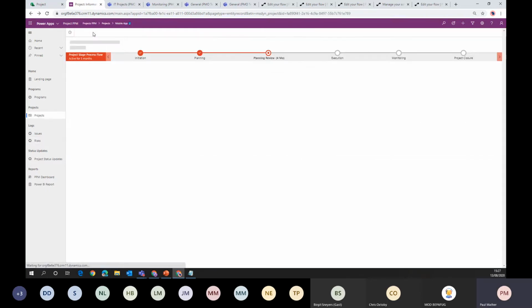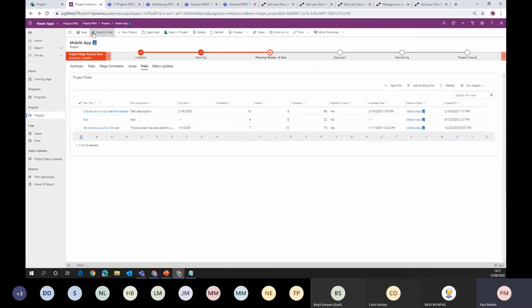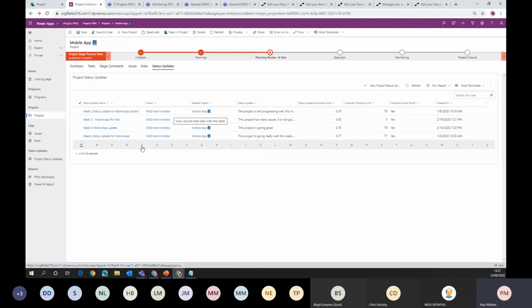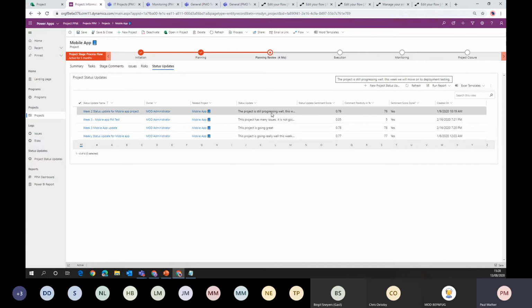So as we save and close that, we've also got a risk to issue escalation process that I will show you shortly. And then we've got status updates. So here we provide the capability for the project owner, the project stakeholders, anybody you like, to provide a status update. And that could be just a quick update, whether it's weekly, monthly, just to let them know how they think the project's going. And we've also got some sentiment analysis running, so we can see how positive the comments